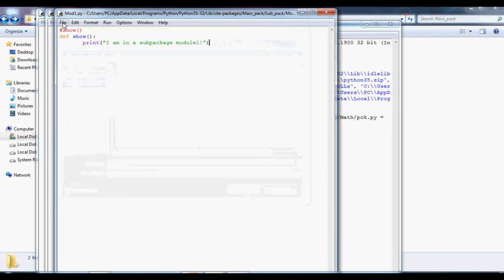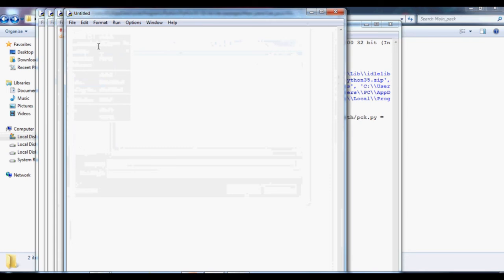And next, create one more file, display. def display, print I'm in sub package module 2.